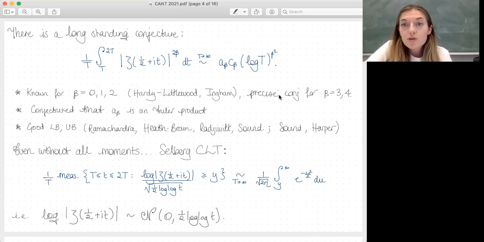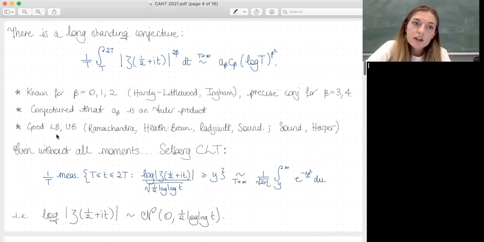And we do have a precise, when I say precise, I mean an identification of this coefficient for the 6th and the 8th moments, due to Conrey and Gonek and Conrey and Ghosh. Here A sub beta is capturing some arithmetic information, and C sub beta I'm going to leave to one side for the time being. There are good lower bounds and upper bounds, by which I mean of the correct shape, and here's a collection of authors for the lower bound, and then these for the upper bound,